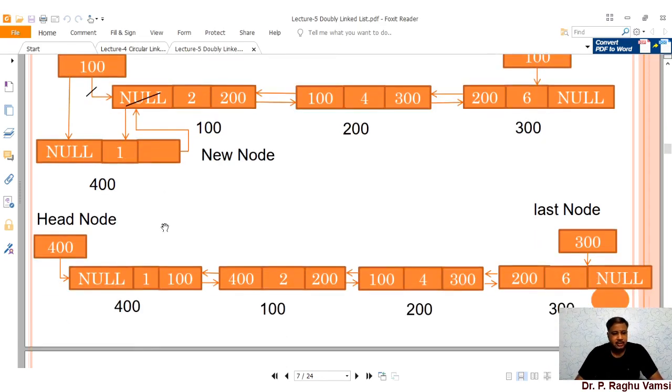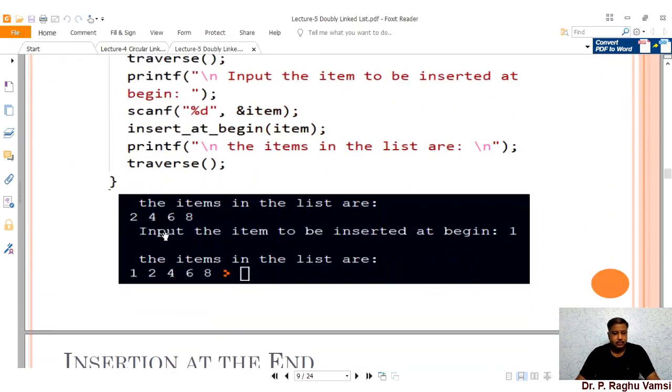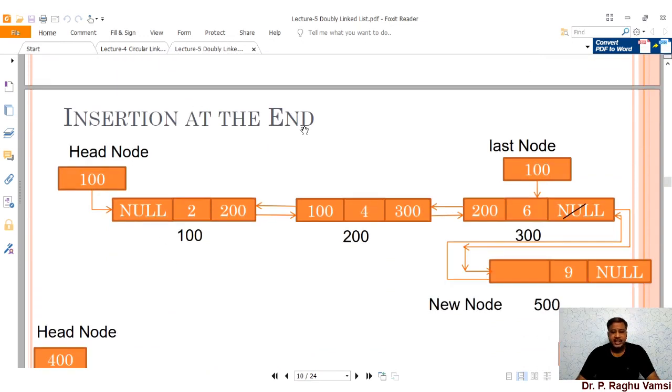Next is inserting at the end. Just like how you do it in the singly linked list, you have to traverse till the end of the list, till the last node. Again, you create a new node.